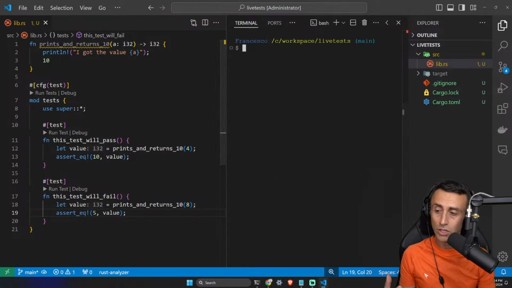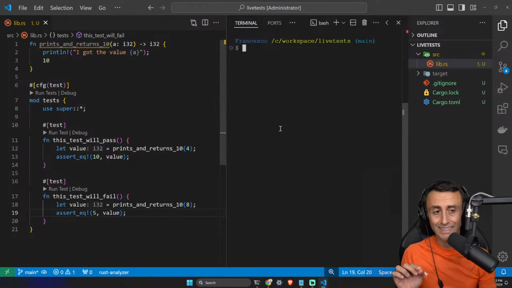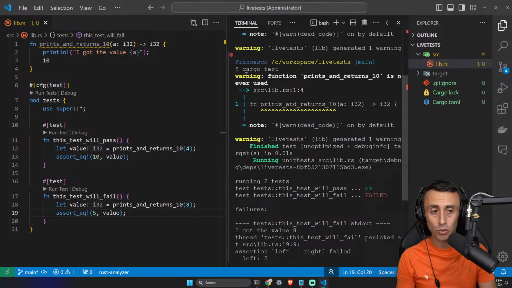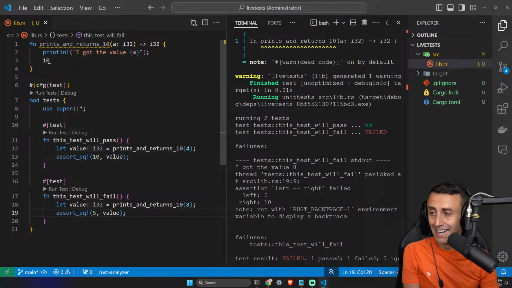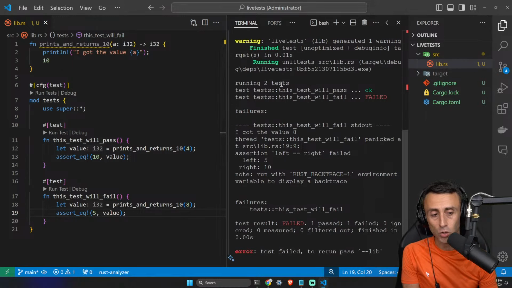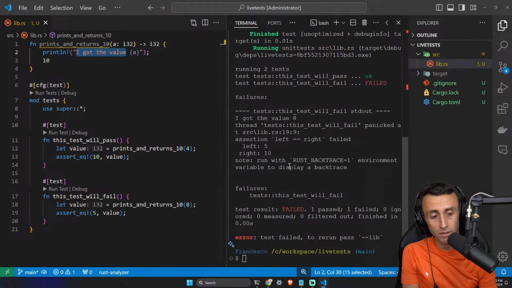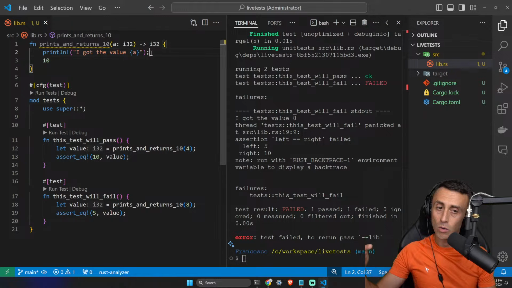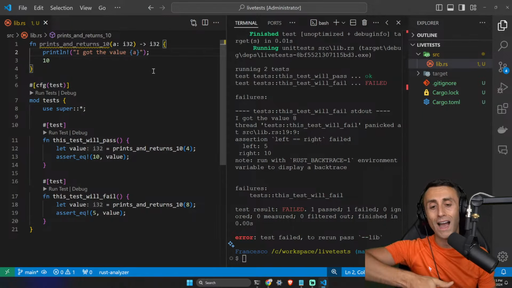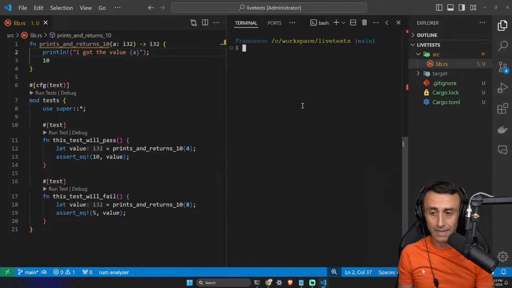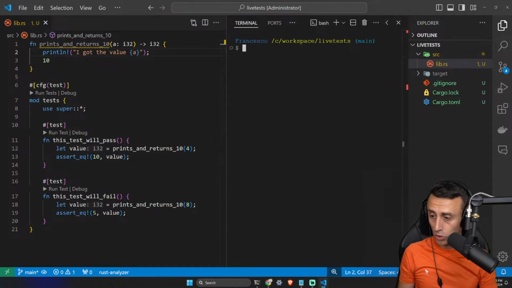We can use this option to show the function output. I want to show again that when we type cargo test, we don't see the line 2. This println is not shown. You can see the "I got the value" message is not shown here, because this is just running the test. So can I show what the function is doing while I'm testing the application, basically calling the function? Yes, I can. I can use this option, which is